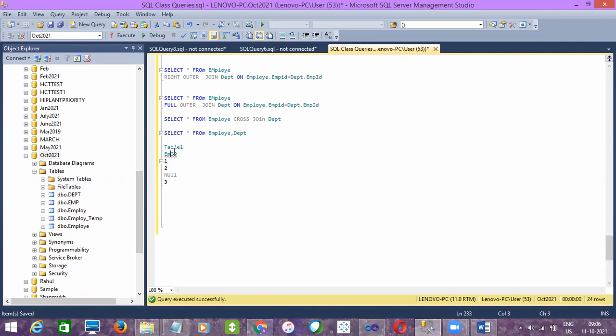Then table 2: I'm just writing sample values here: 1, 2, 2, null, and then 4. So how many values do you think will be there for inner join?